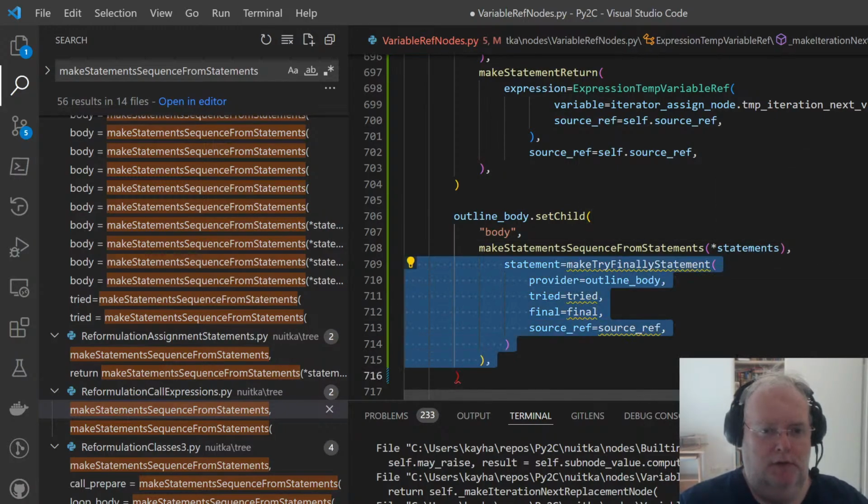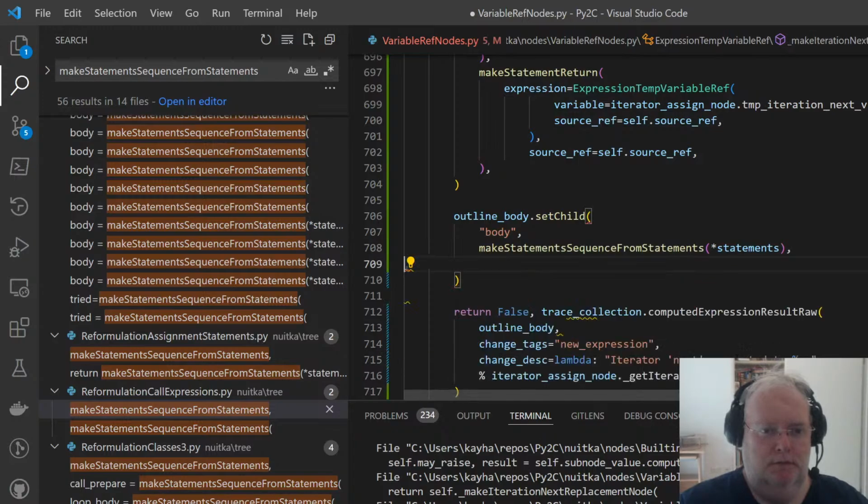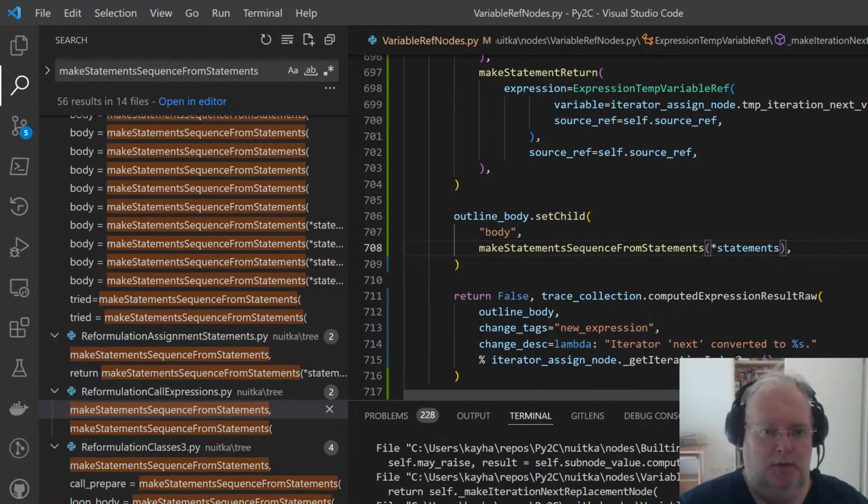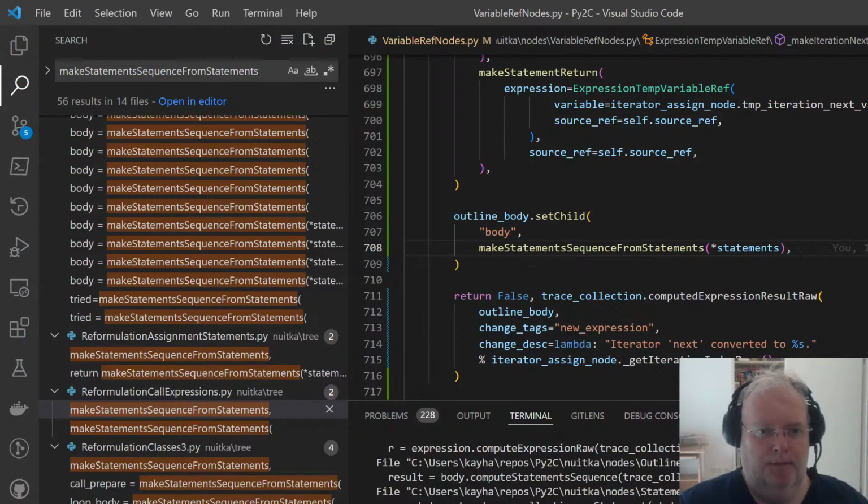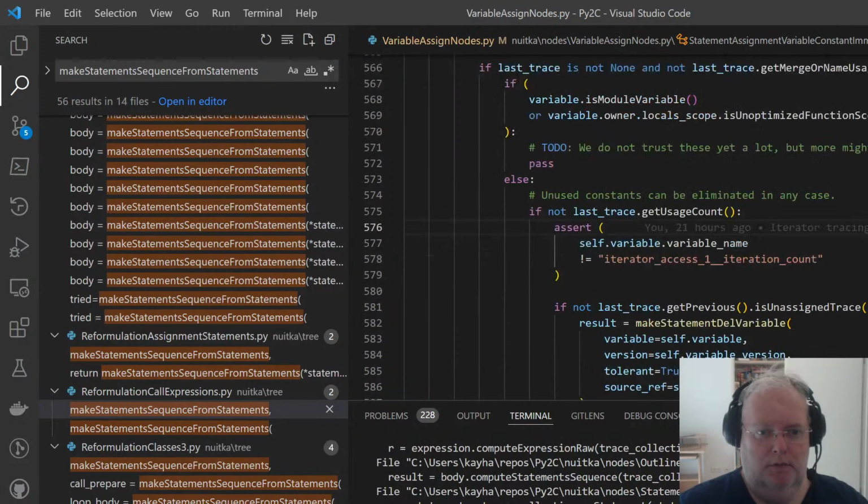I'll try finally. It's just doing a harmless assignment statement on the side. Insertion. What? Oh, I actually have it still. So why did I add this?